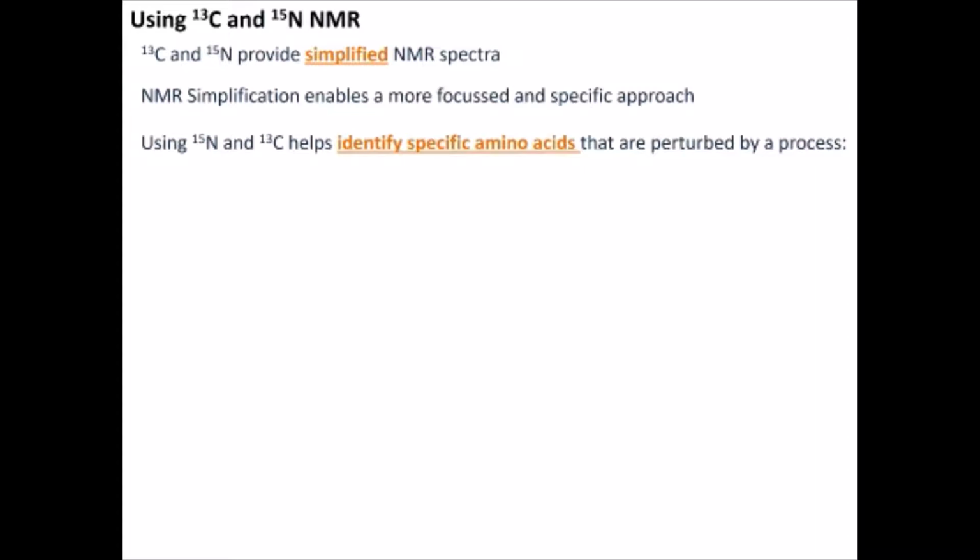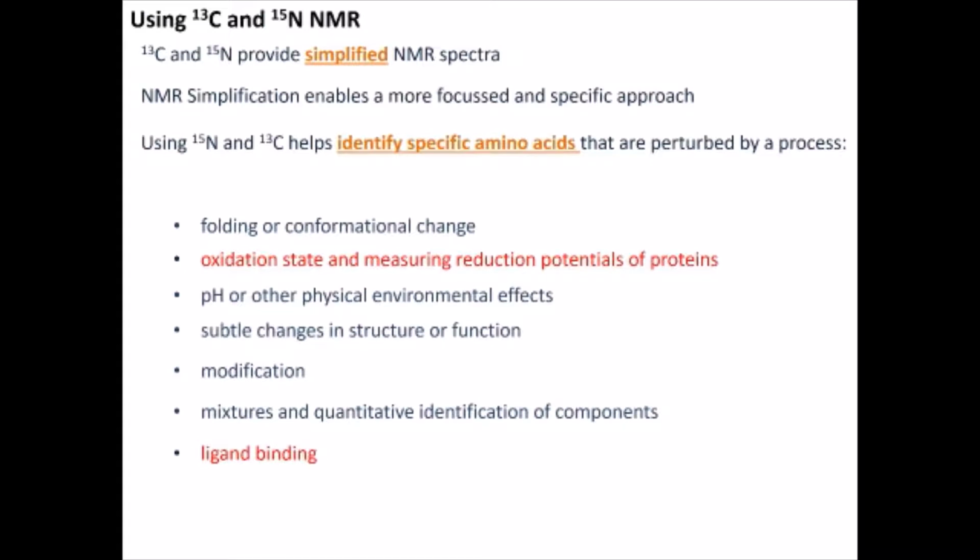For example, with nitrogen-15 and carbon-13 NMR, you can identify which specific amino acids might be involved in a particular process, in a particular reaction. So you can look at which areas of the structure are active or are responding to a particular ligand or that are involved in a particular process. You can study folding, conformational changes, oxidation states, reduction potentials of proteins, the effect of various physical parameters on the structure and the function,